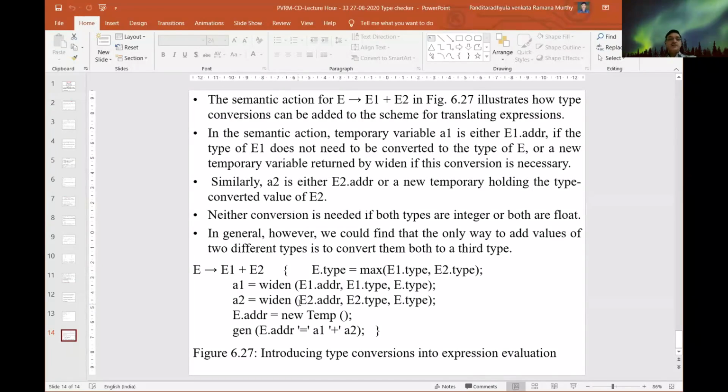If we are widening E2, we use the widen function, giving E2 address, E2 type, and E type. This is the way we can convert an expression from one data type to another, and it also checks whether the data types are in the given hierarchy or not. Else it gives us errors.